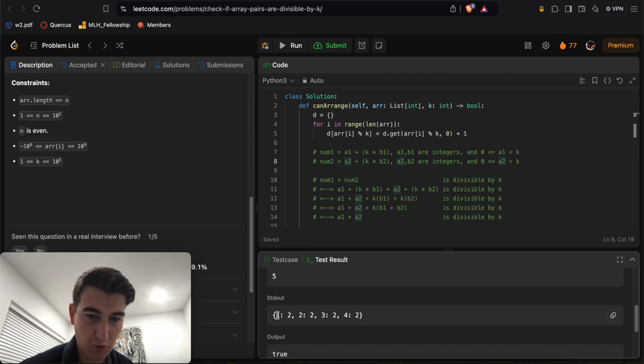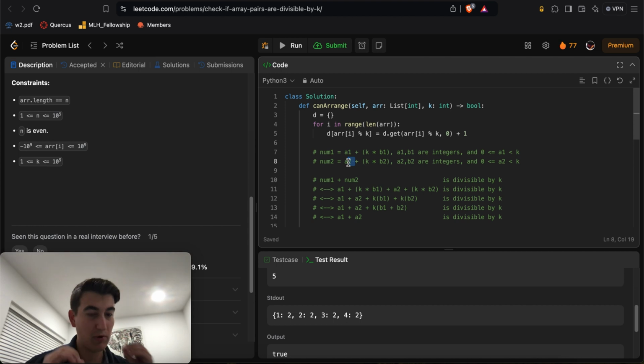And so the way that I do this is very simple. Here for 1, I have 2 such numbers, right? And for 1, I need to match it with a 4, right? So how many numbers do I have of 4? I need exactly the number of numbers that I have in 1. So for each of these ones, the only thing it can match with is another 4, right? Because again, these are the A1 and A2 values. These A1 and A2 values, since they are less than K, if you want their sum to be a multiple of K, it better darn be